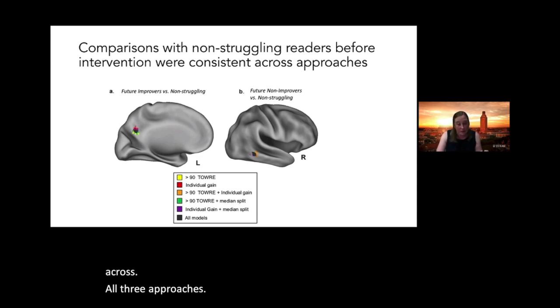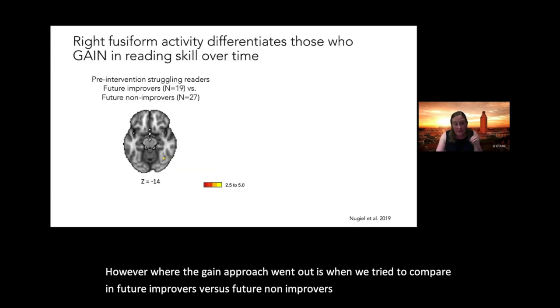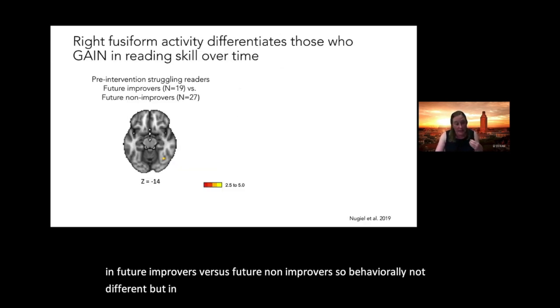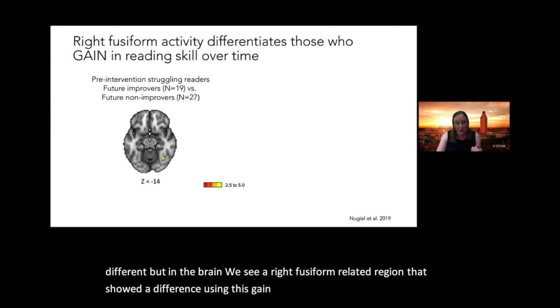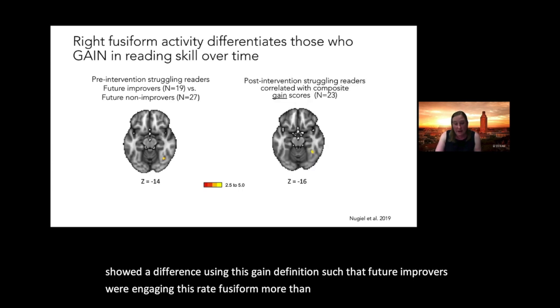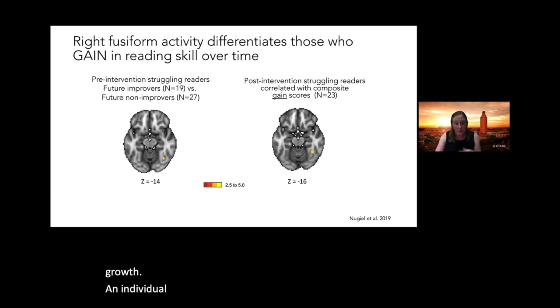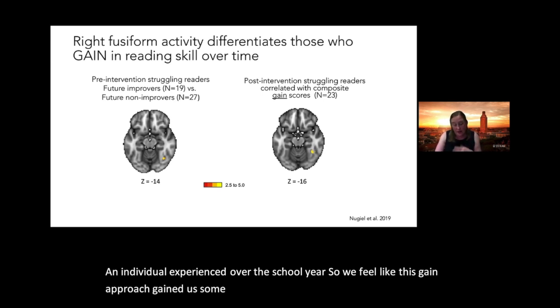However, where the gain approach won out is when we tried to compare future improvers versus future non-improvers. So behaviorally not different, but in the brain, we see a right fusiform related region that showed a difference using this gain definition, such that future improvers were engaging this right fusiform more than future non-improvers. And that was also seen after intervention, correlating with the amount of growth an individual experienced over the school year. So we feel like this gain approach gained us some nuance and subtlety that the cut score and median split